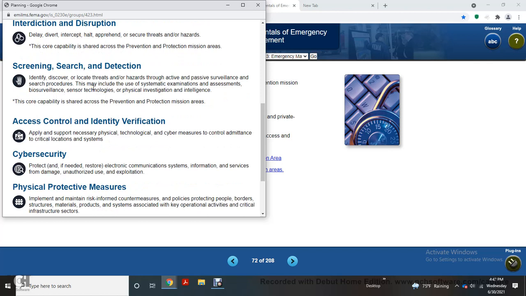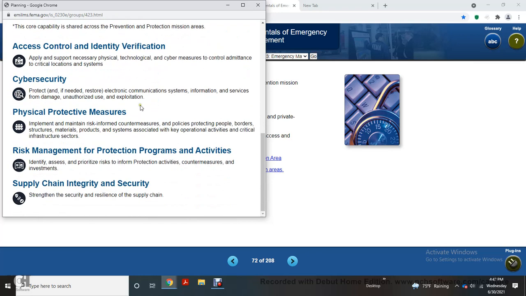This can identify and discover threats and hazards through active and passive surveillance and search procedures. They may include the use of systematic examination and assessment, biosurveillance, sensor technologies, or physical investigation and intelligence. This is a core capability shared across the prevention and protection mission areas. Access control and identity verification: the ability to support necessary physical, technological, and cyber measures to control admittance